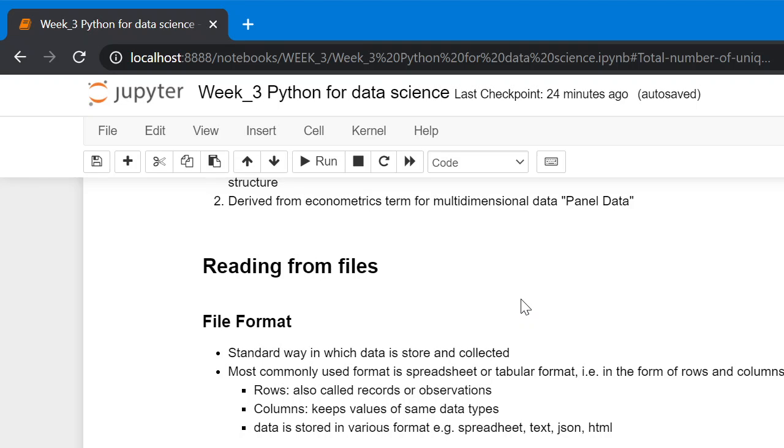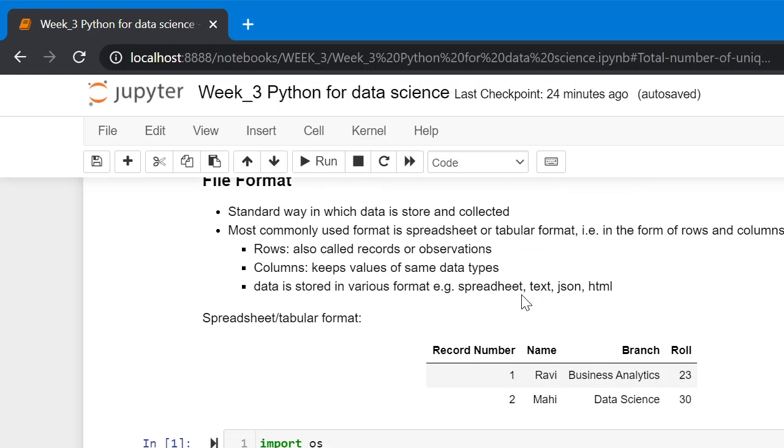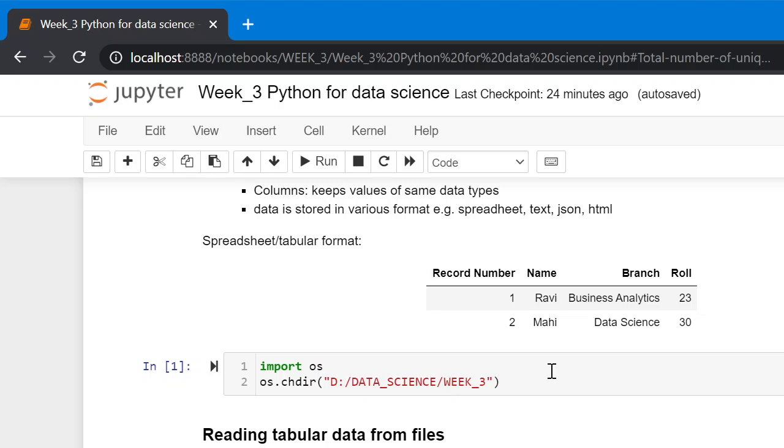The data type in a column remains the same. To read files from a directory, we can use the OS library to set to that directory. The command is chdir and the path to that directory.